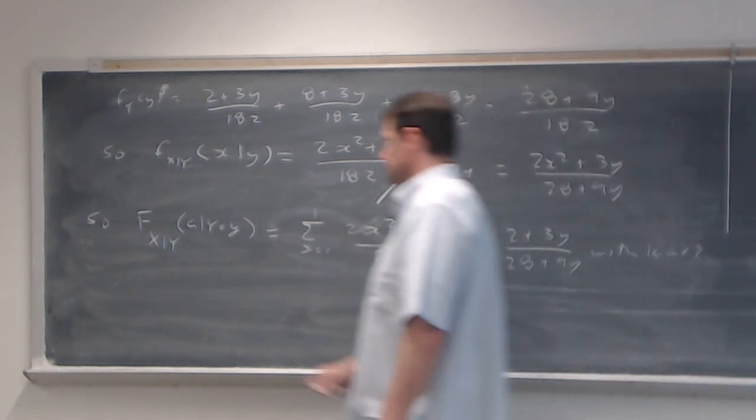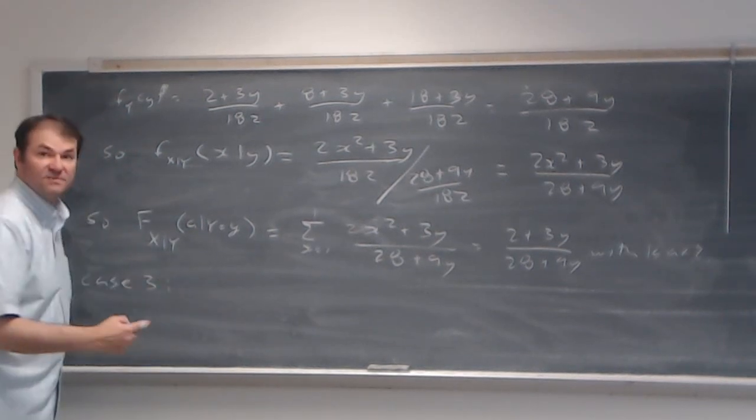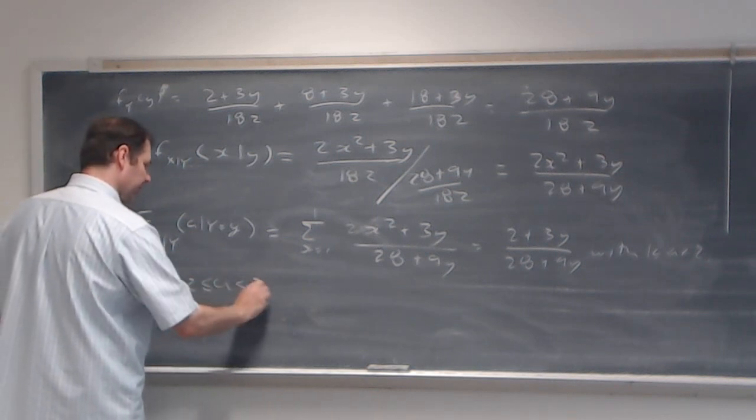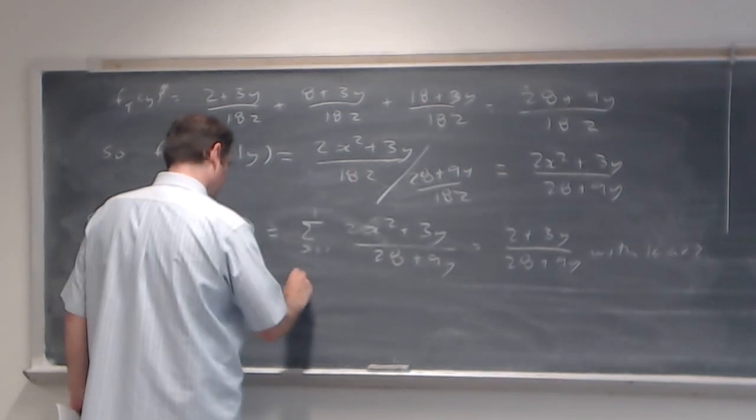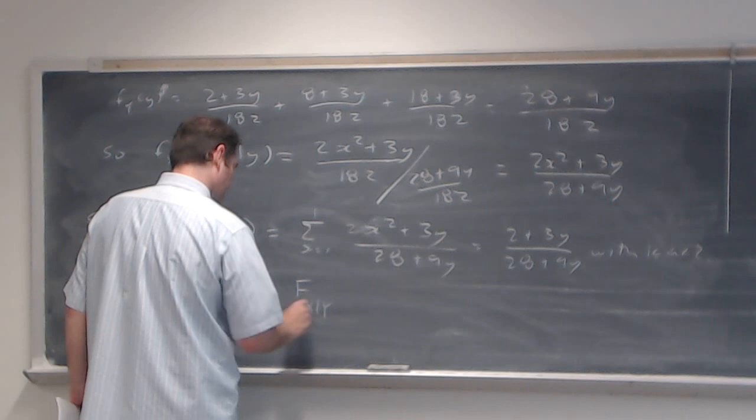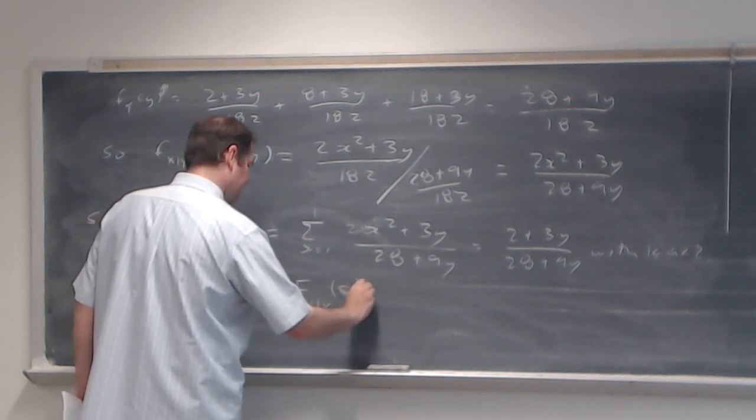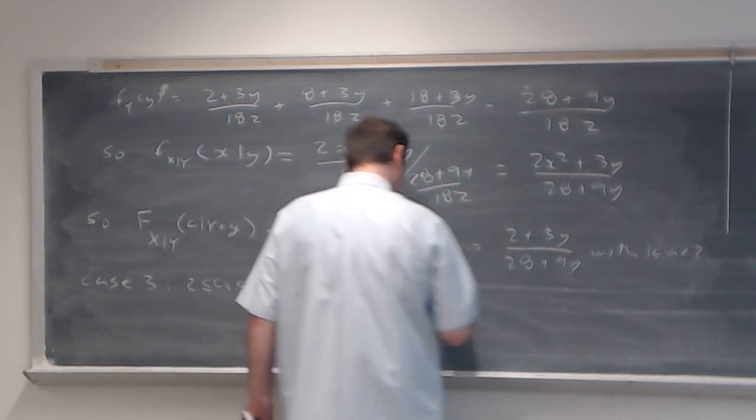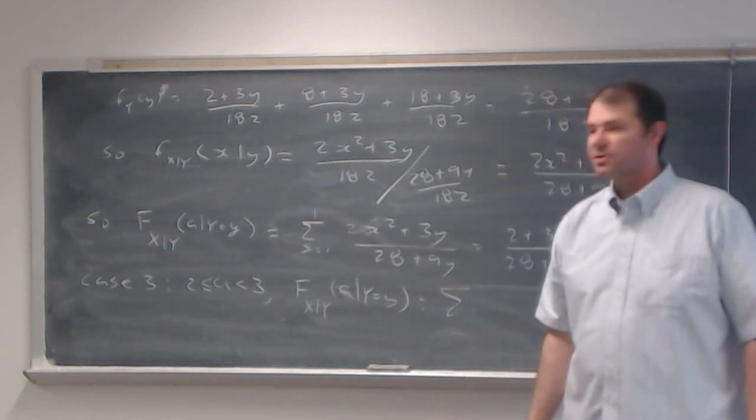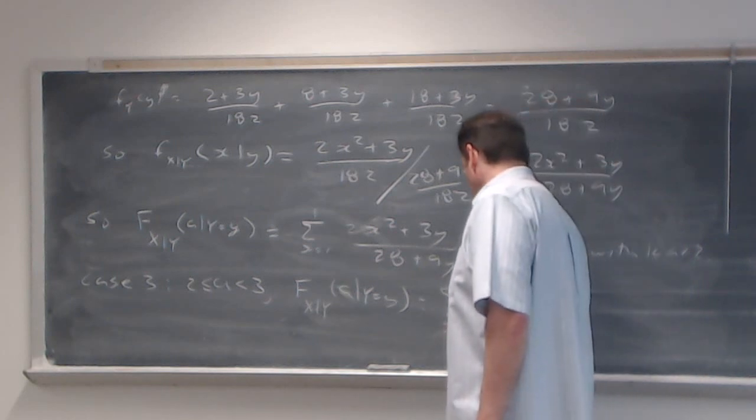Now, case 3: because of what the x values can be, 1, 2, and 3, we consider a being sandwiched in between 2 and 3. Then the conditional CDF of x given y, evaluated at a, given y, is going to be the sum. So a is between 2 and 3, so when we think of the x values that are less than or equal to a, it could be equal to 1 or 2